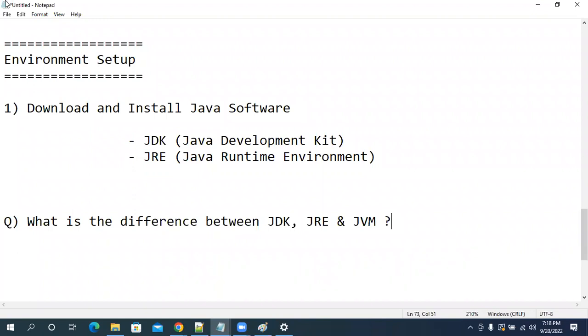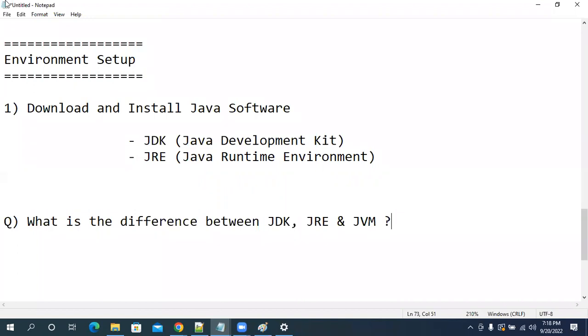Are you clear with this point? Right. Now, I am a programmer. Now I am going to install Java. I will develop the program. I will run the program and I will see how my program is executing. So I need both JDK and JRE.